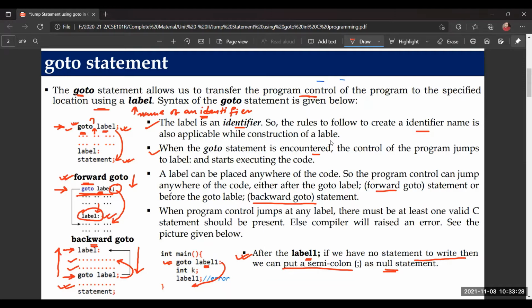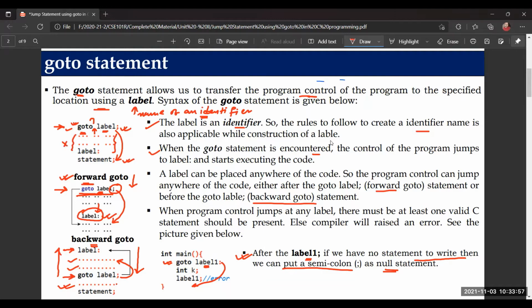If and else is not a jump statement; those are conditional statements. But goto is a jump statement. Okay, if and else executes a certain piece of code based on a certain condition. But goto doesn't have any condition. Goto simply says, you instruct me, I'll go to that particular location. What comes in between? You can see here what comes in between. This part will be completely ignored by the program control during execution.